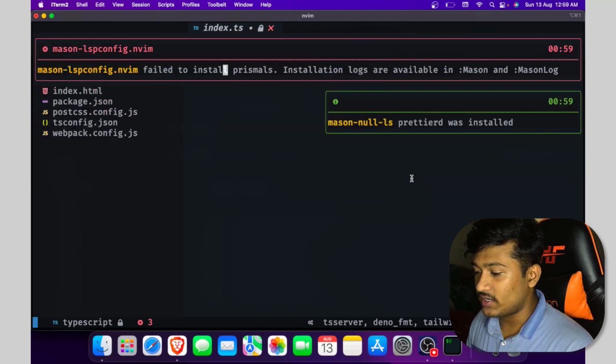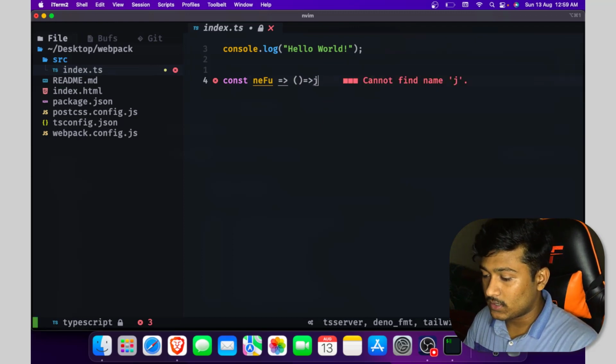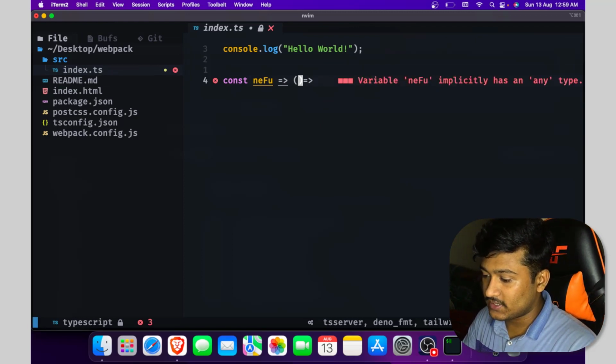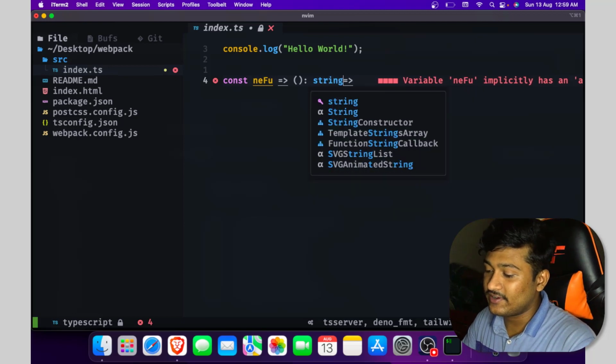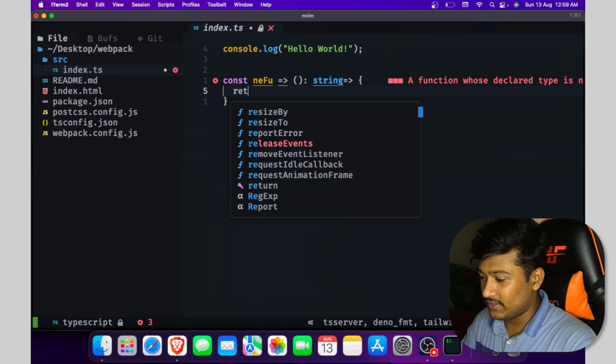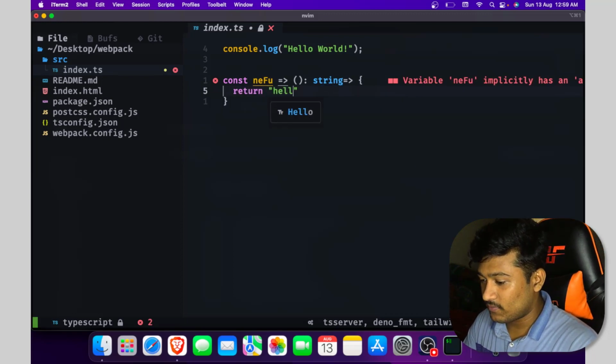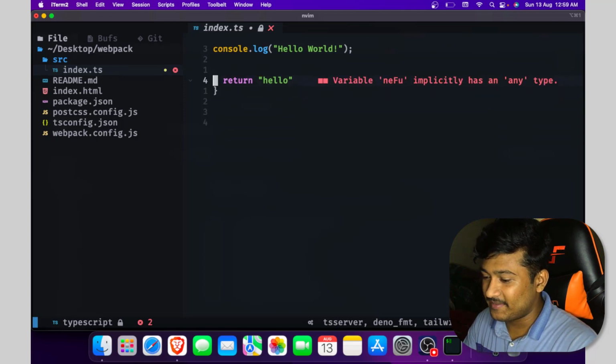Prettier is installed. I mean, here is an option to install this one. Okay, so we can just set this return as a string. So as we can see, return hello. Oh, maybe I made a mistake.